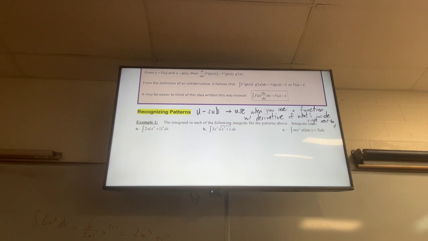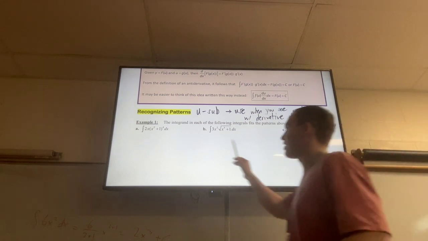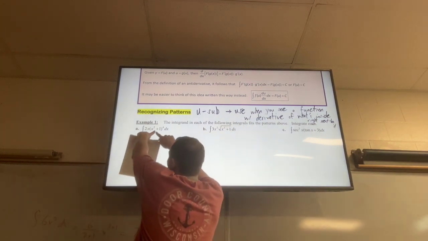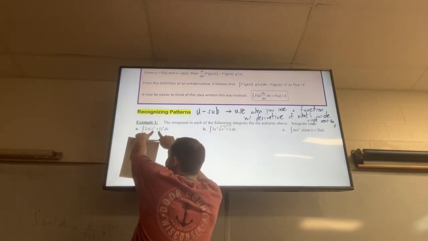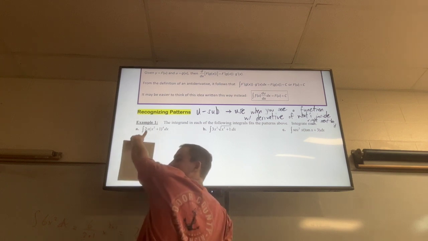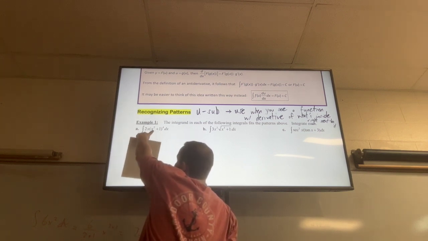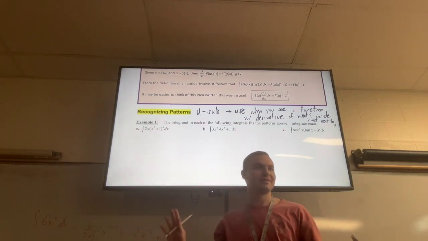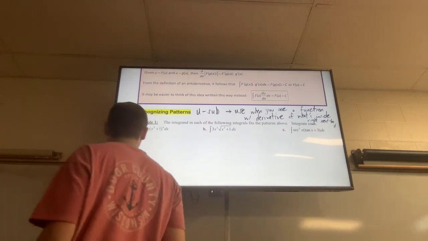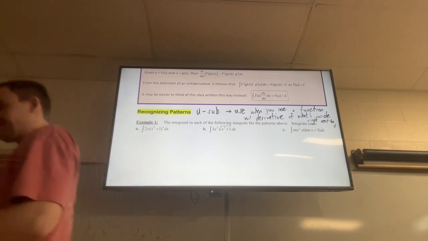Right here, 2x times x squared plus 1 to the 4th. Do you guys see how the derivative of everything inside these parentheses here is 2x? And that 2x is right next to it, right? There's everything, okay? You seeing that? Okay? So when that happens, what you want to do,